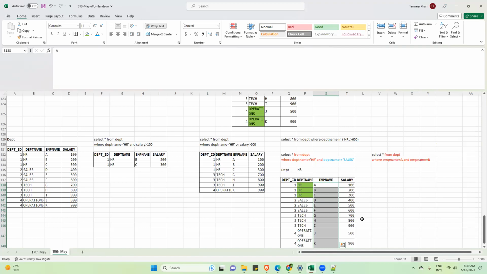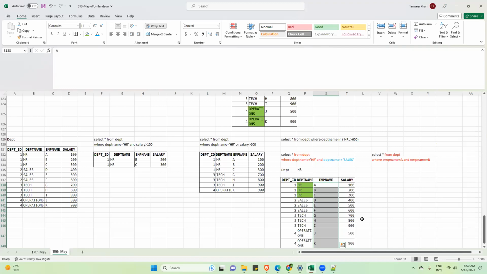Is this clear? Yes, sir. Hi, Tanvir. I have one question. If a column is holding multiple values, can we use this AND operator for this case? Column is holding multiple values. Let me complete this. Give me 5 minutes, and then we will discuss it. Who asked, Sai Krishna or Supriyo? Supriyo. Okay, Supriyo, is that fine? Let me complete this, and then after 5 minutes I will discuss it.